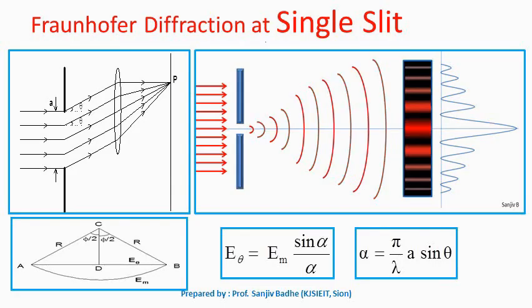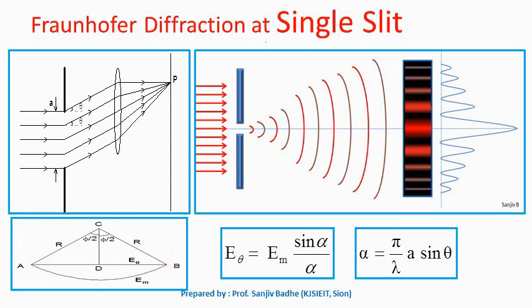Let us revise first Fraunhofer diffraction at single slit in brief. In Fraunhofer diffraction at a single slit, we made parallel rays of light incident on a single slit of width A. We considered the light rays which are diffracted at an angle theta. These light rays are responsible for point P on the screen. We tried to find the resultant amplitude of the wave disturbance arriving at point P with the help of this